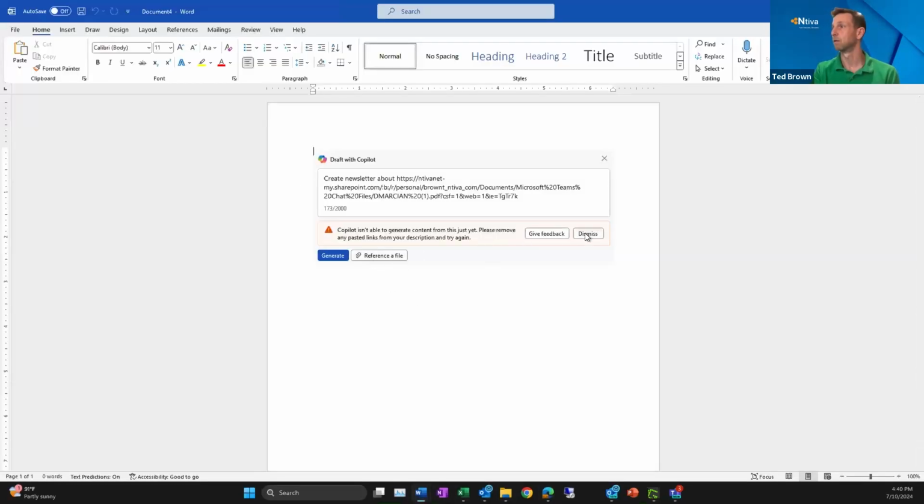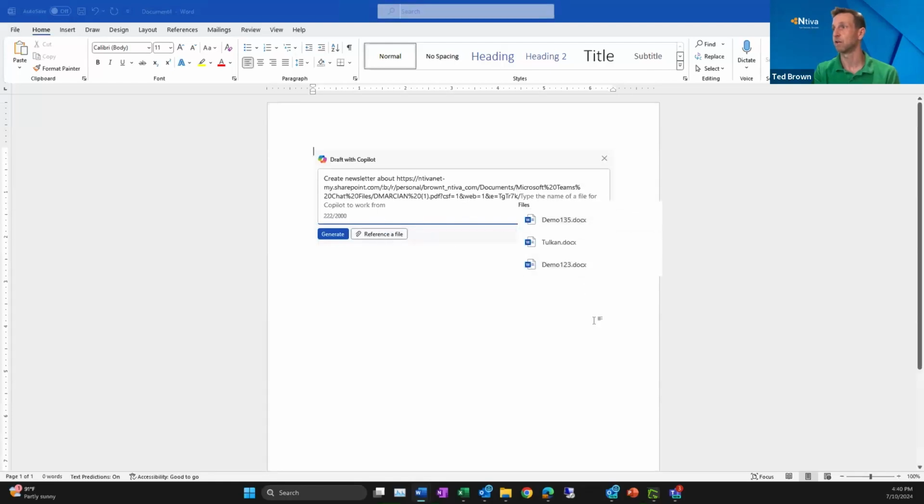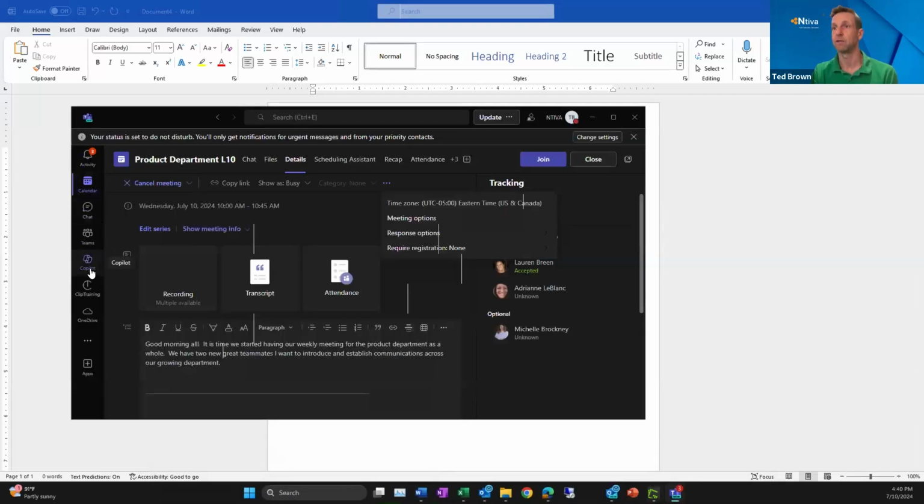You can see here, dismiss. I don't have that option to get more. I have reference files, which will just take a look at Word documents right here. So it doesn't give me a lot of information. And that lot of information, if you take a look, if I go back into Copilot,